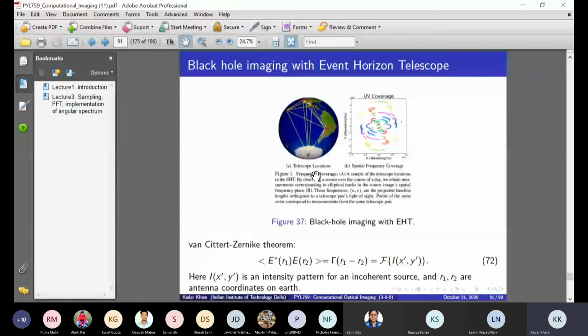Okay, but now you see that if you look at this picture on the right hand side, most of the Fourier space has no data available, isn't it? It's only a very small section of Fourier space, maybe 1/10 or even less, that the data is available. Okay. And here, even if I wish, I cannot really produce more data because it's already great to have even this much data.